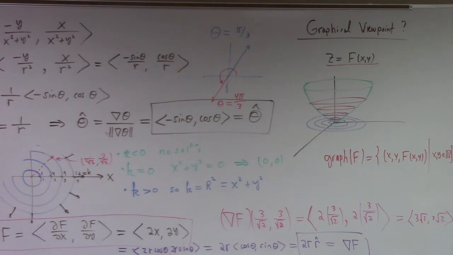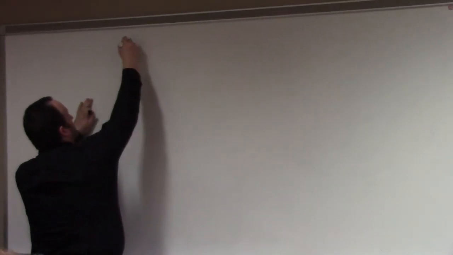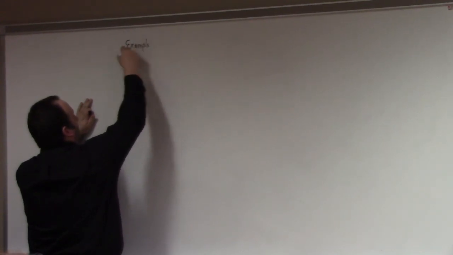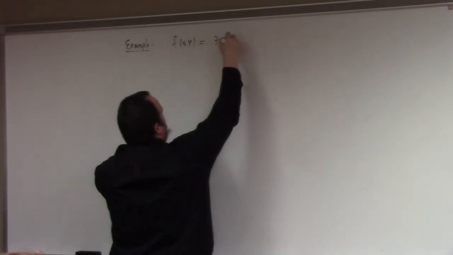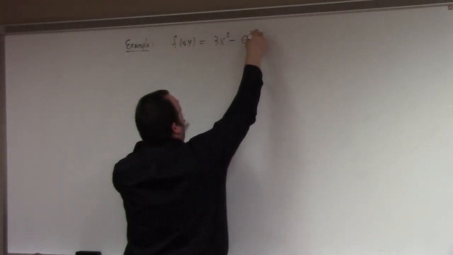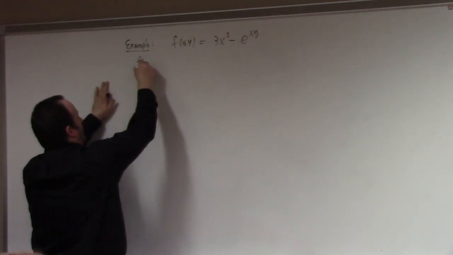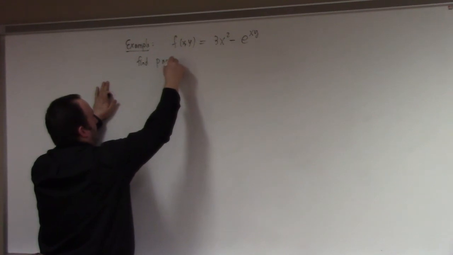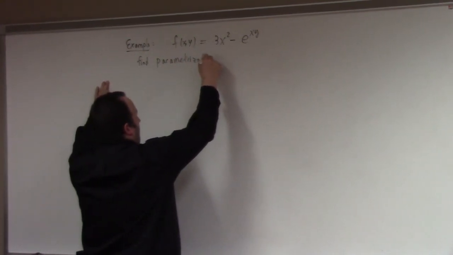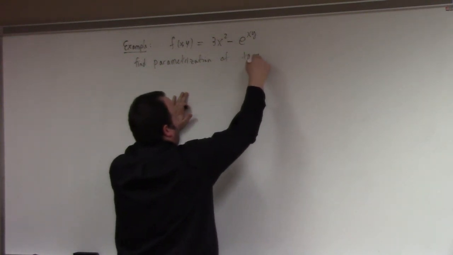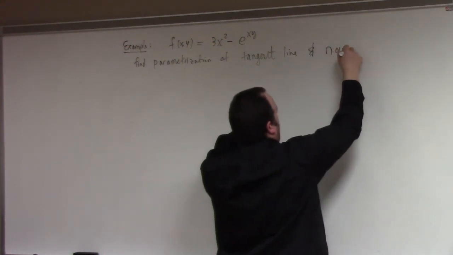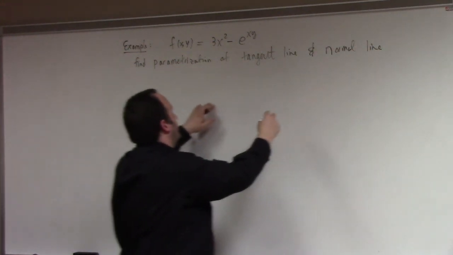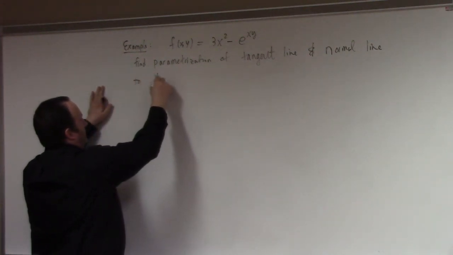Here, let me do an example which is a little bit ickier. So here's an example. Suppose we have f of x y equal to 3x squared minus e to the xy, right? Let's find a parameterization of the tangent line and normal line to the point,